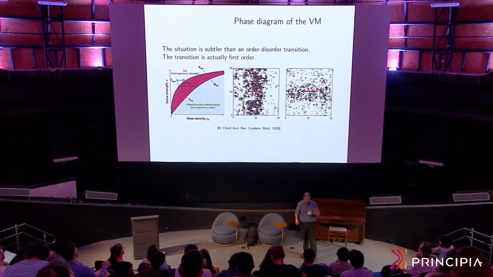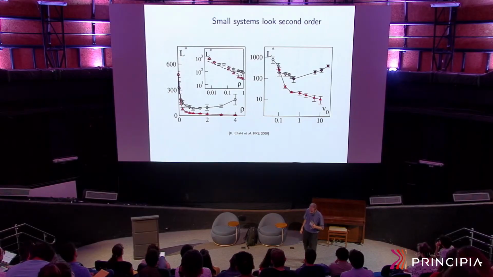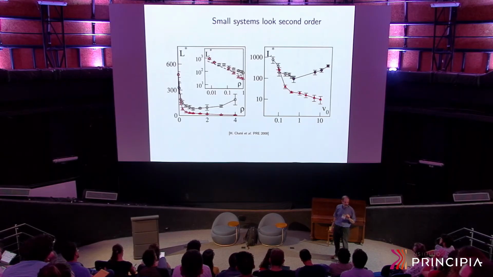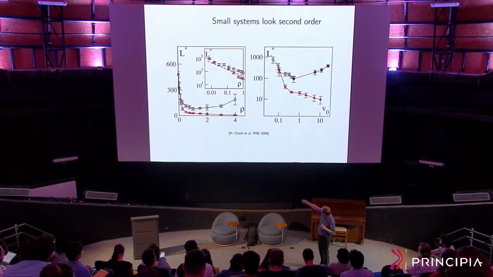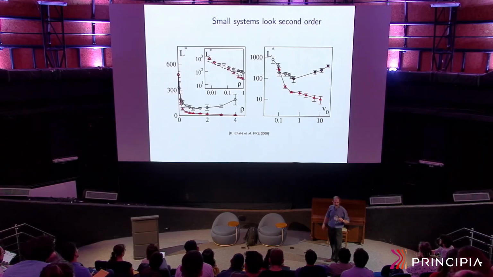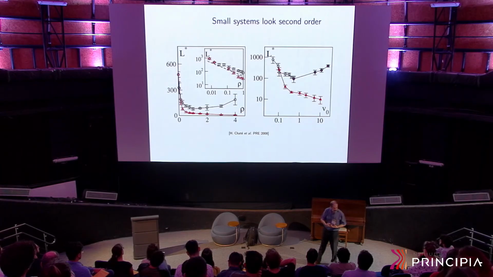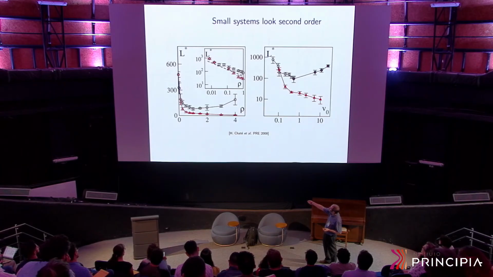Okay, now this is more or less the consensus after a very long discussion among several groups that lasted at least 15 years, because even if you have a first order transition in the thermodynamic limit, that is for infinite systems, it is also known that to detect this first order transition, you have to go to large systems. If your system is small, then the phenomenology you see is that of a continuous transition, an order-disorder transition. Okay, and this is very relevant because